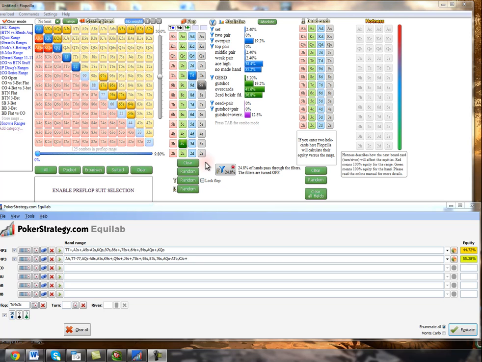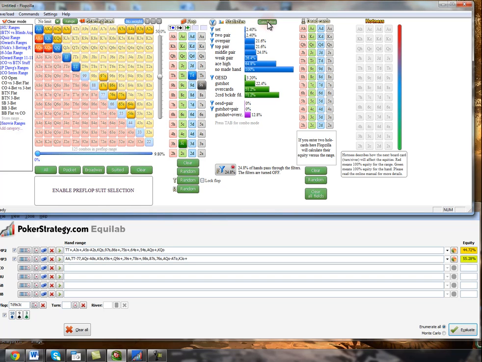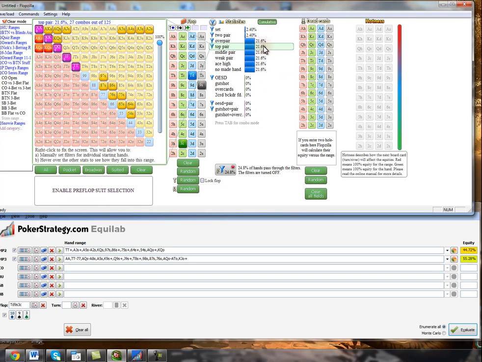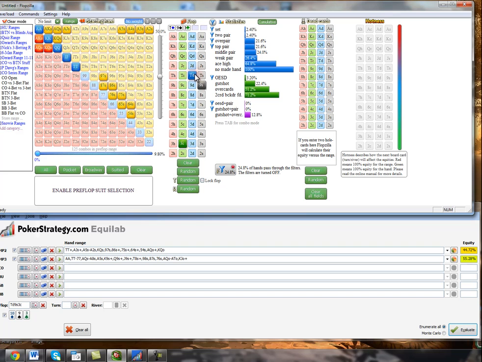So the first thing I said was when we get this board texture, it hits the cutoff 3-bet calling range very well, but it really whiffs our 3-betting range from the big blind. We're not 3-betting really any 10x hands. I don't even know if we have a single one. Hold on, we might literally not have one. Yeah, we don't have a single top pair hand, so the 10 just whiffs us,